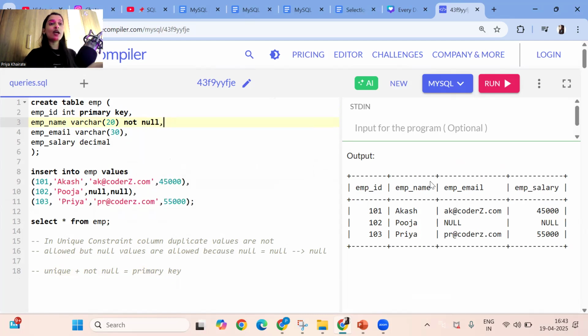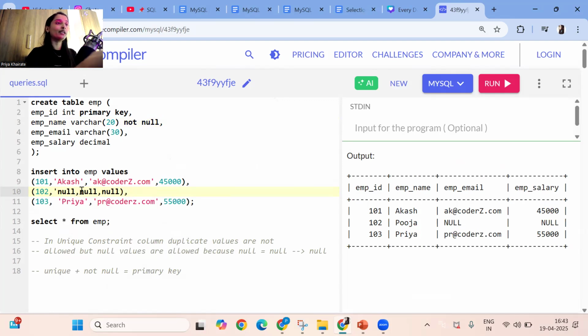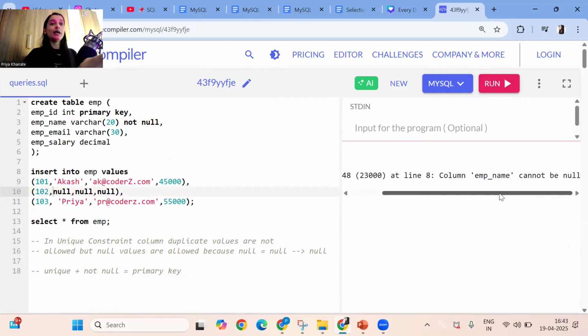If the user is trying to enter a null employee name, it should not be allowed. If I run this code now, see, employee name cannot be null. So I have told the employee name column: you enter string values, maximum length must be 20, and null values are not allowed. So like that, I will apply only not null.